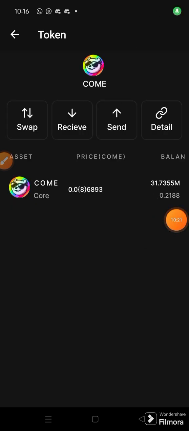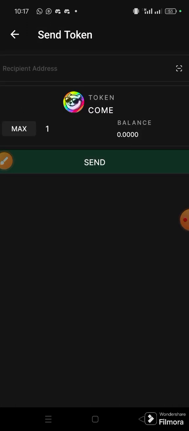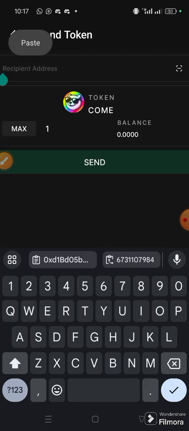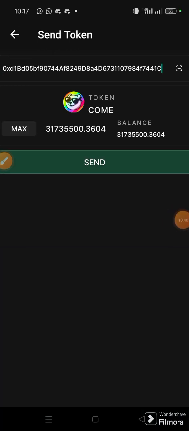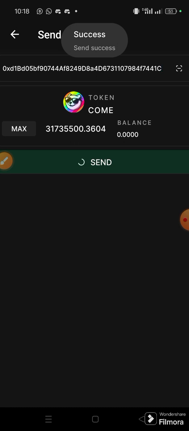Now I have about 31.7 million com which I want to transfer out. So if I click send and I put my wallet address and I click maximum, then I click send, I've been able to send this out. I've been able to send everything I have out. Now, I want to confirm whether there's any hidden contract in this OEX, this com address, the swap I've just